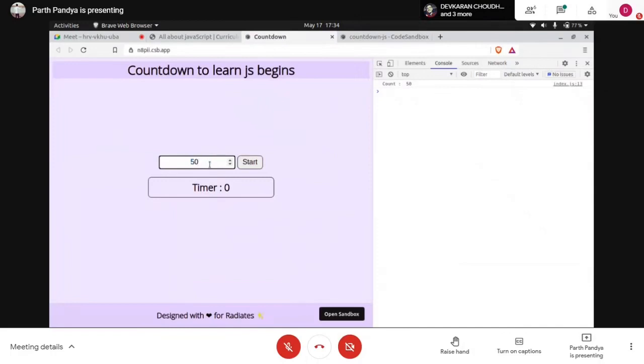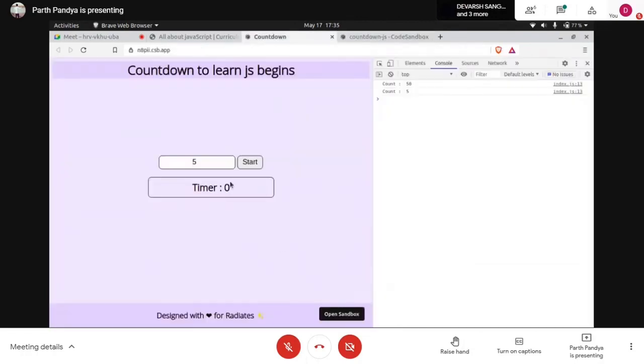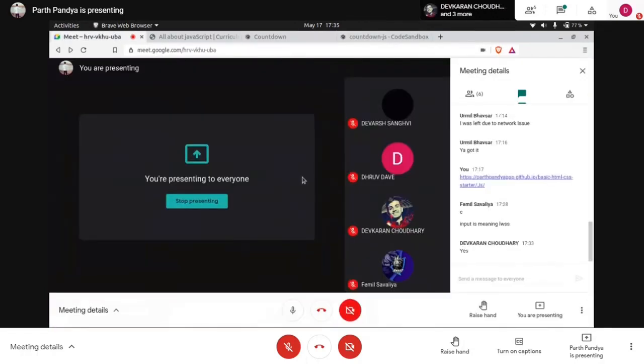Let's suppose it starts at 5: 5, 4, 3, 2, 1, and 0. Now the count value is equal to 0, so it will call the clearInterval function, and the whole process will be terminated with a final value of 0. Understood?